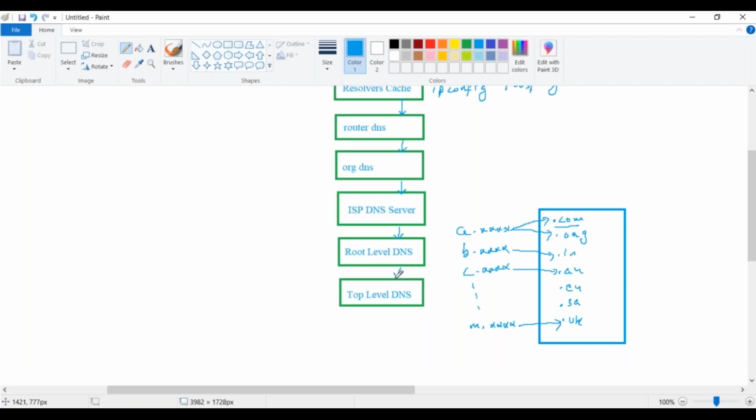Now there is the job of the top level domain name server. It will be searching for Google in .com, where is this Google and its respective IP and everything. It will map it out, and once it has found everything, it will reply back to your ISP DNS server. It will create a record in its cache, then to your organization, then to your router,